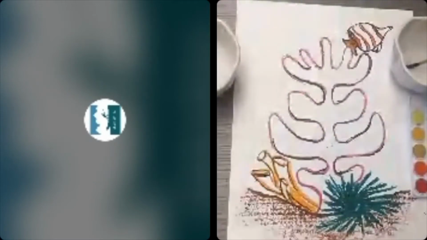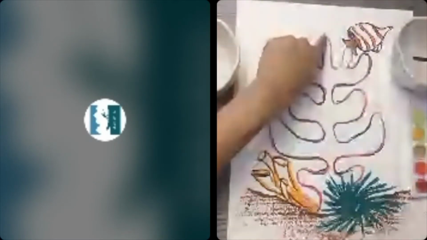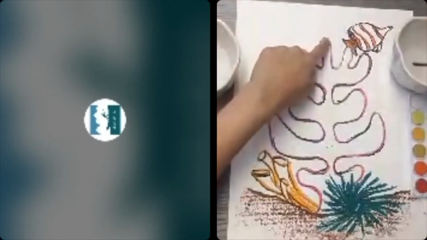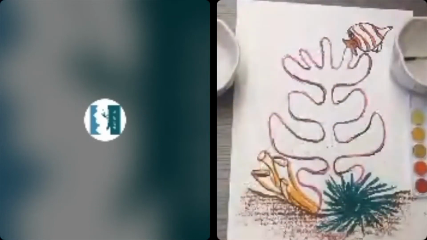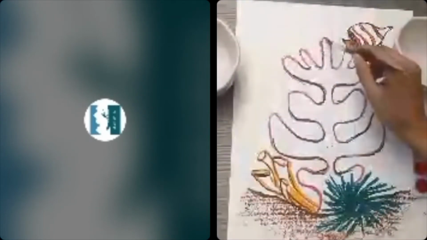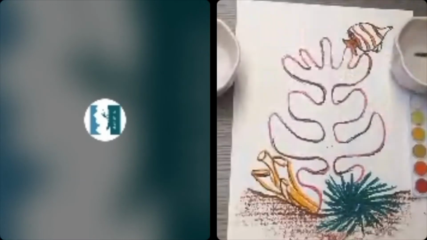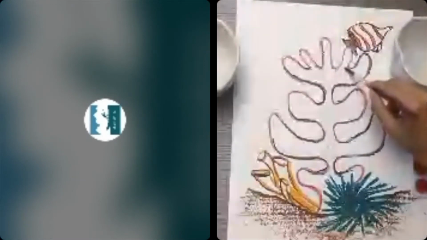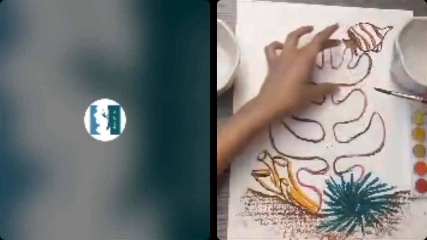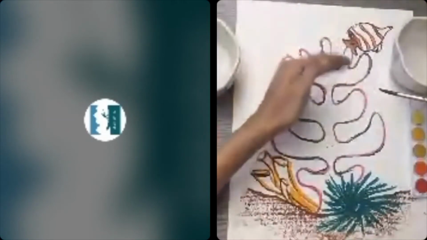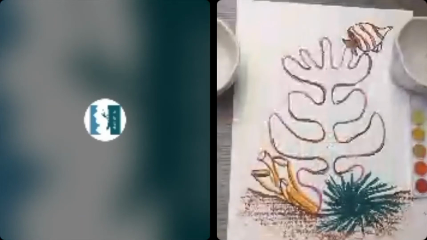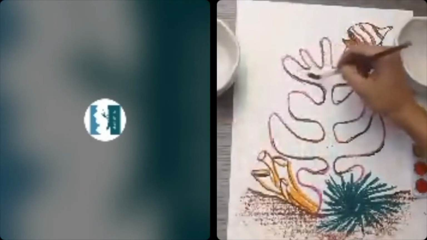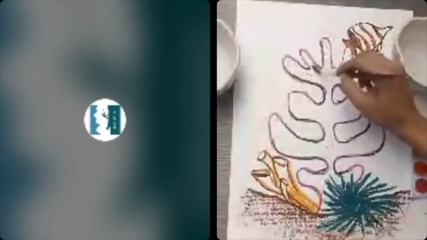Like I mentioned earlier as well, starting near the top of the paper is key so that we don't smudge it with our hand. So just putting water, okay? And we're going to do this one section at a time. If you can see here, I'm just focusing on this part first, then we'll go on to the next one and then the next one. This you can do along with me. You don't need to watch the whole thing done first.